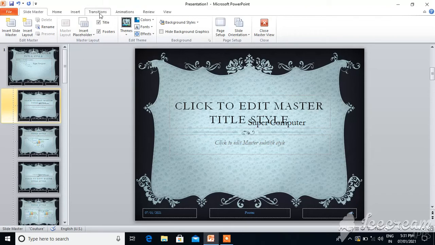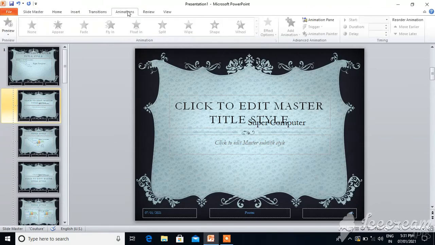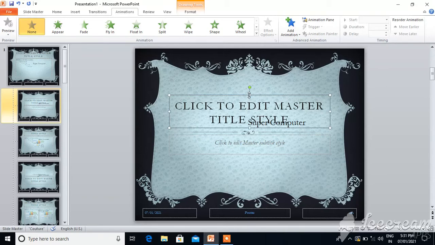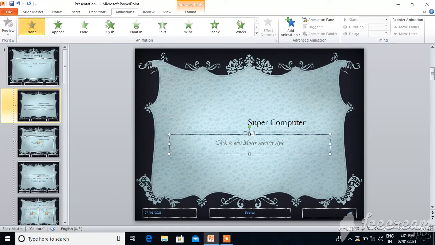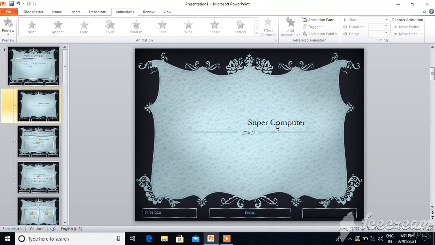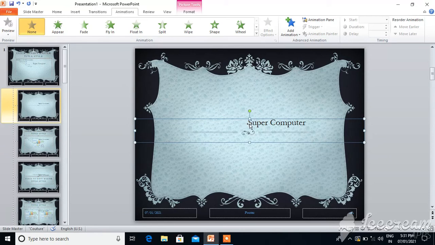Okay, the transition is applied to a slide and animation is applied to an object. Okay, object means here, have you seen the supercomputer text?